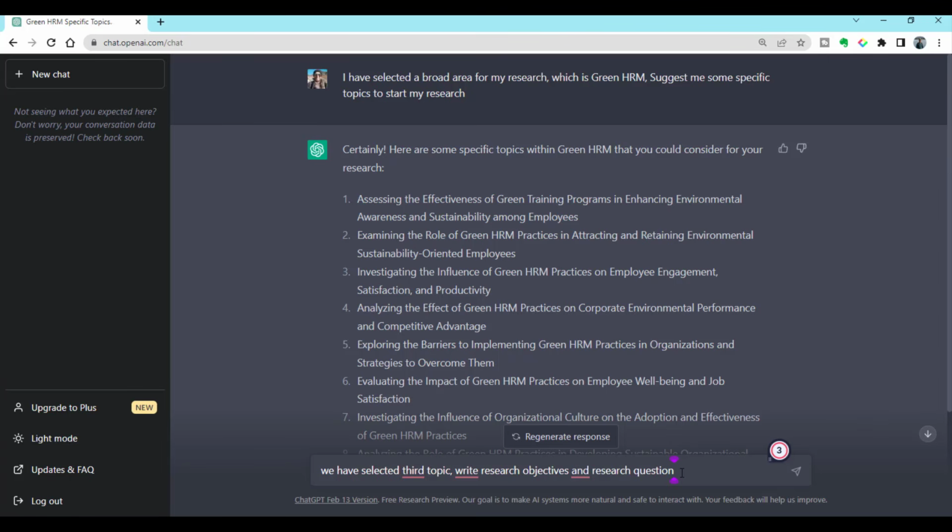Here we do not need to write the complete topic because ChatGPT can memorize the previous stuff. So this is one of the positive points of ChatGPT. So we have just written, we have selected third topic, write research objectives and research questions, and press arrow.